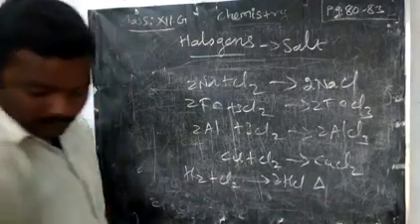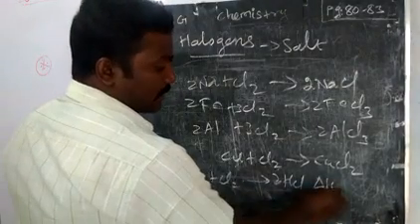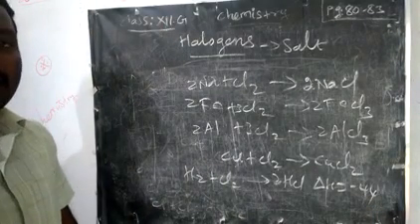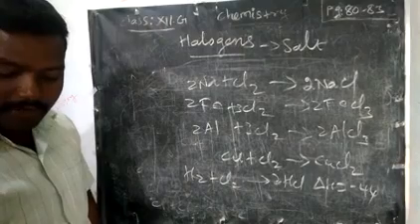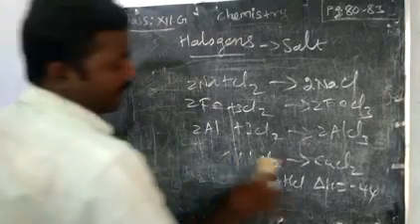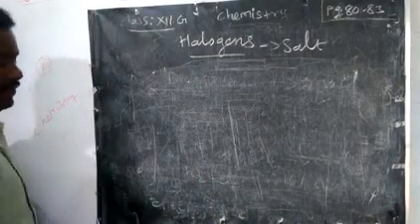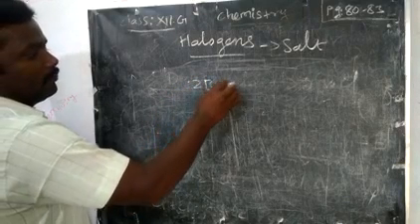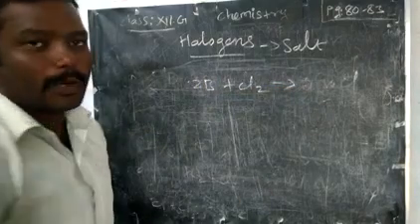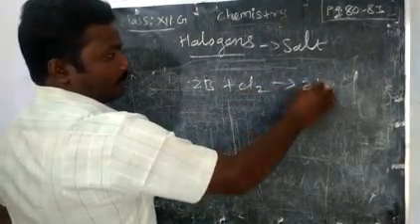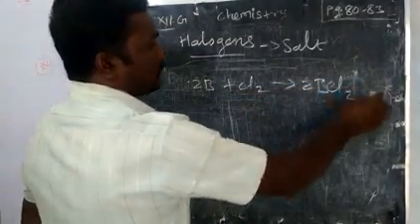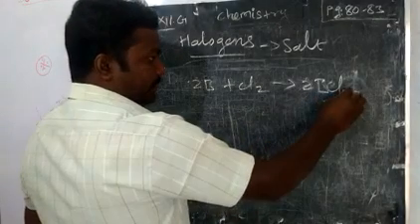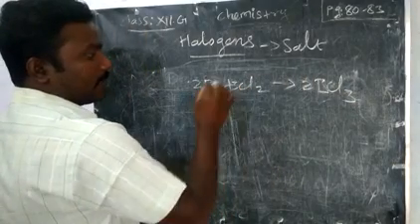Then hydrogen gas with chlorine gives hydrochloric acid. This is an exothermic reaction. That's why the delta H value is given as minus 44. Minus means exothermic. If you get a plus value, it is an endothermic reaction. Kilocalorie in unit. Then with bromine, a non-metal. Bromine with Cl2. What will be the product? Bromine chloride. Say boron chloride. What is the oxidation state? 3. So 3.